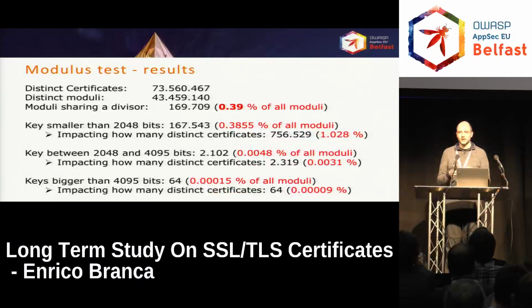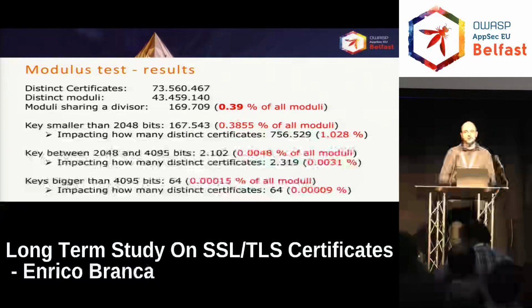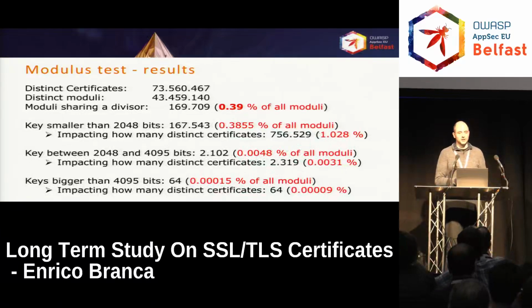Now, in percentage it seems small, but the result is that more than 200,000 keys were broken. They had shared numbers. A lot of systems generate keys that are not valid, but they can be used, and no alarm will be raised, no error will be shown to anybody. Because to know this, you have to collect all the keys and compare your key with all the other keys. It's very resource intensive.